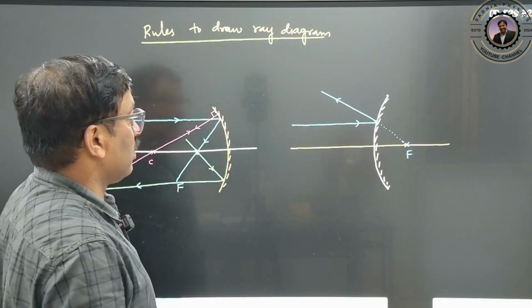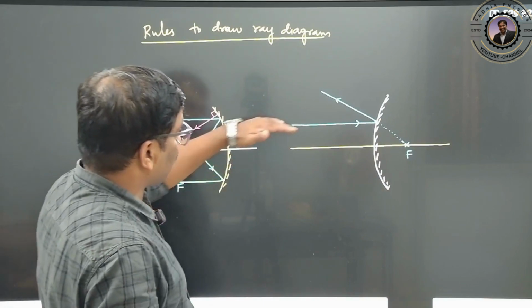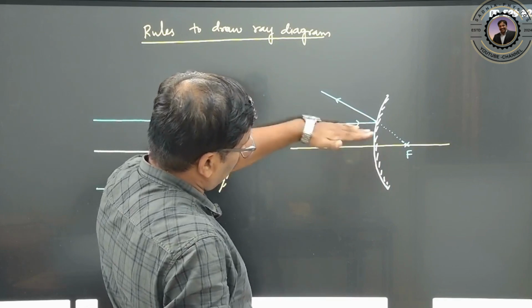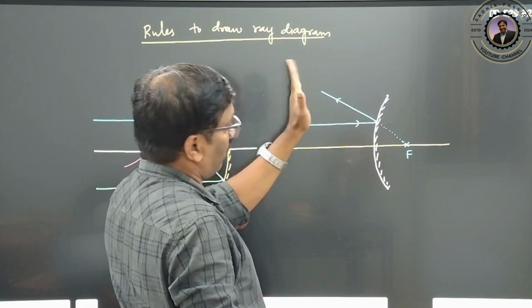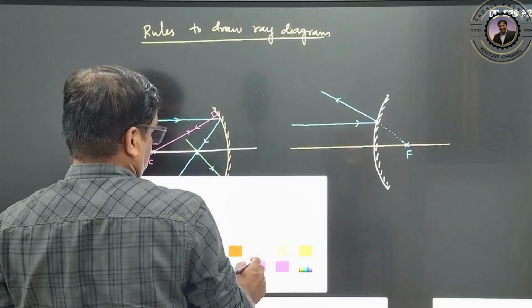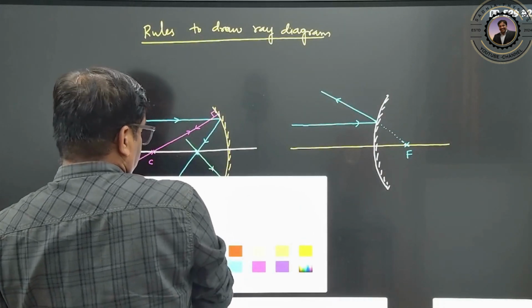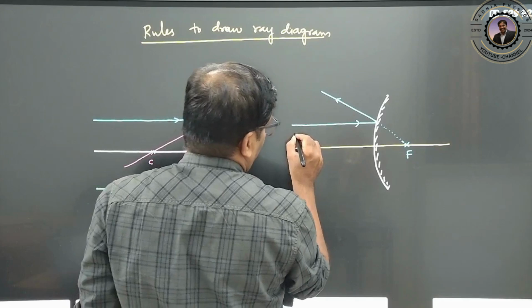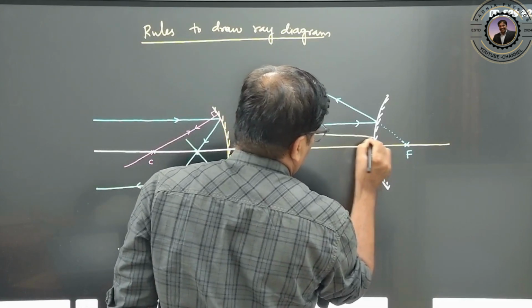Clear? So if any light ray is passing parallel to the principal axis, after reflection it definitely appears to be going through the principal focus. Clear? Next one, suppose any light ray is incident on this mirror and